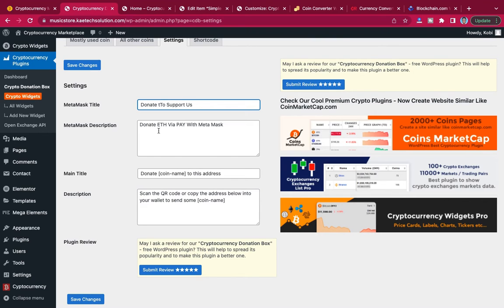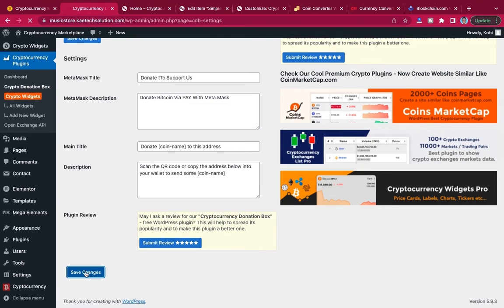So donate with what, Bitcoin, via whatever it is. You can choose anything that you want to write about,